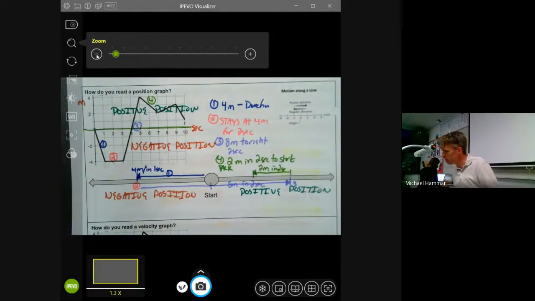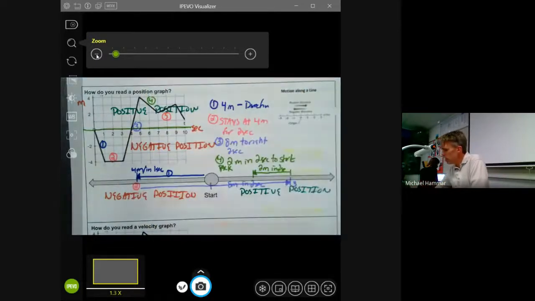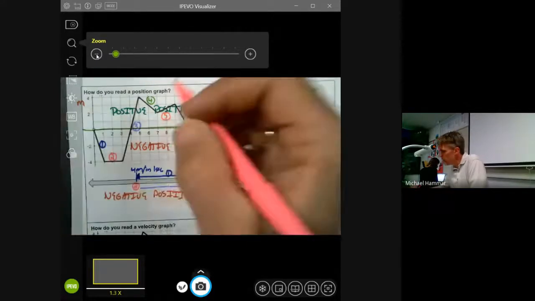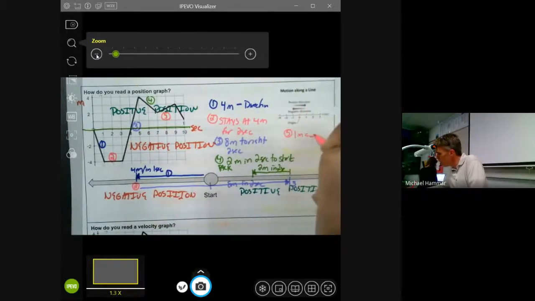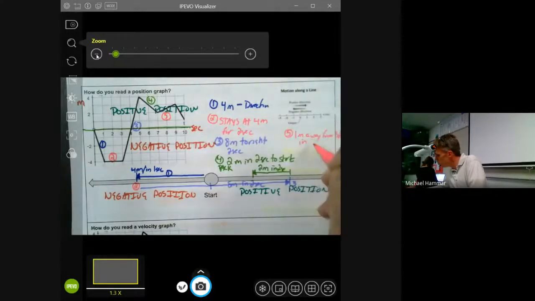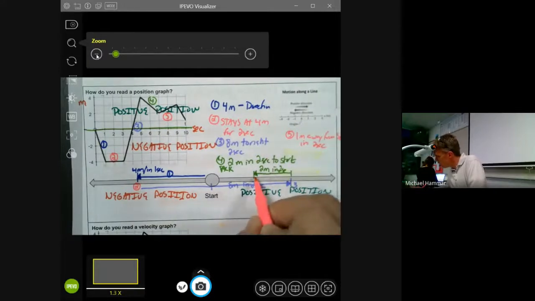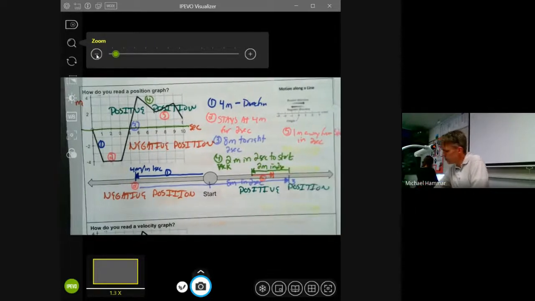Okay? Now, in the next section, what are we doing? Well, I'm going to use pink again. This next section, let's call it section 5. Notice what's happening. Our position is now moving away from the start line. So we are moving 1 meter in number 5. We are moving 1 meter away from the start in 2 seconds. So for step 5, we're going to move 1 meter this way. And now we have our last little